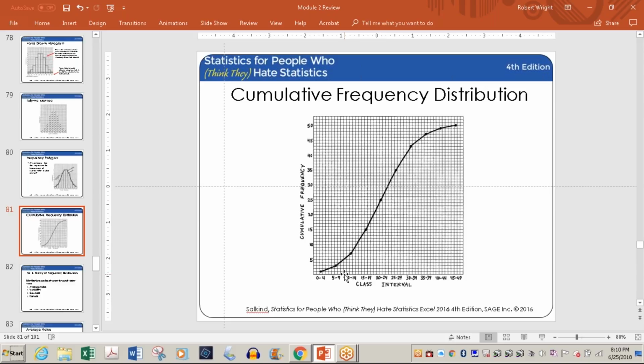Because here there's not a whole lot of change, 1 to 4, 1 to 3, and then this goes to like 8. But now all of a sudden you start having higher frequencies, and you can see how that curve sort of shoots up and levels off again. Again, it's just another way of representing data and showing how each one of these intervals contributes to the cumulative number of responses.